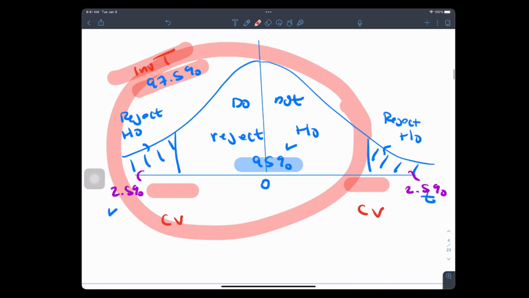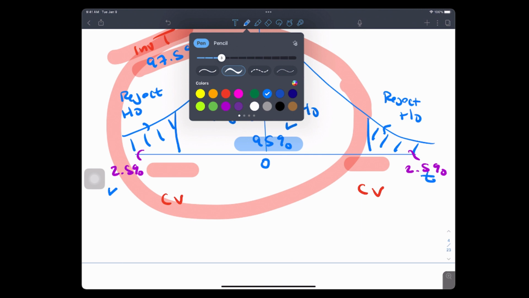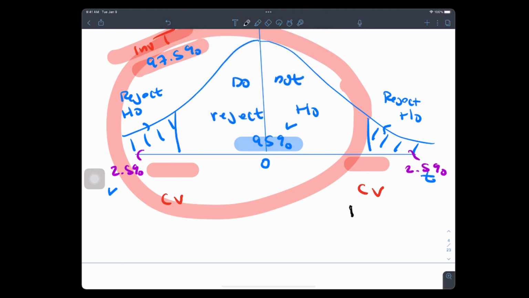For inverse t, are we supposed to do the area to the left even if we have the old calculator? Well, I'm doing the old right now because some people have it and then they go, "Oh my God, I don't know what to do." If you have the new, we can see what it is. If it's new, then it might not be. I'll see what the new thing is. So it's the entire area to the left of the rightmost critical value. The instructions are there. This is the rightmost.